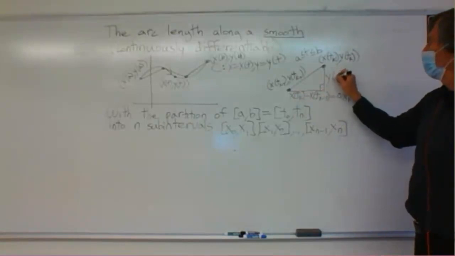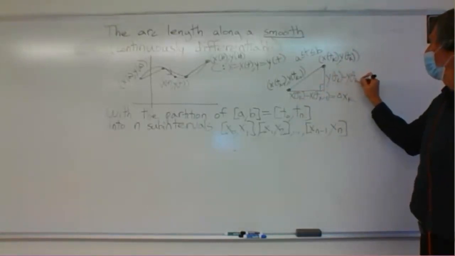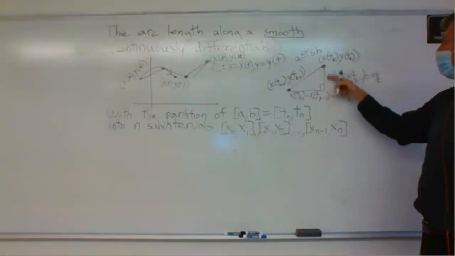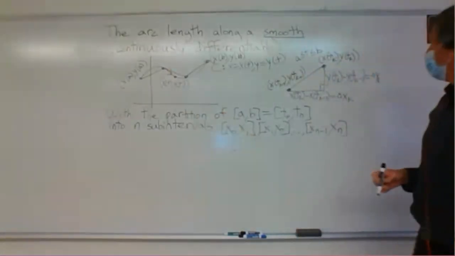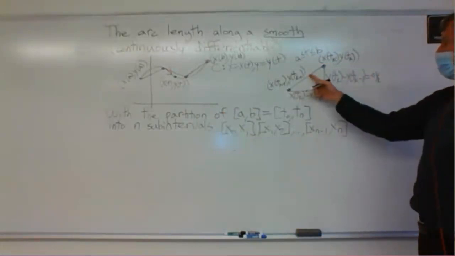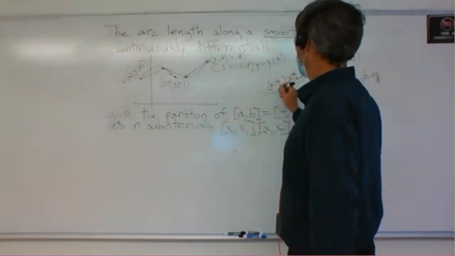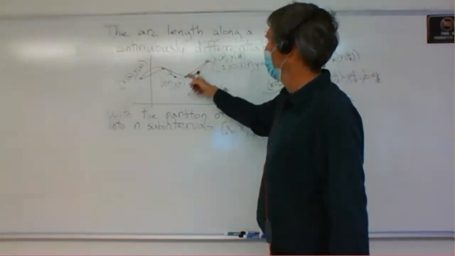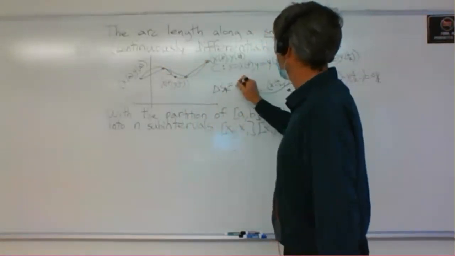And this could be y of tk minus y of tk minus 1, also called delta yk, the kth increment in y along one of these little line segments here. And so this side of the triangle, I could call it delta sk, the kth approximating length here,